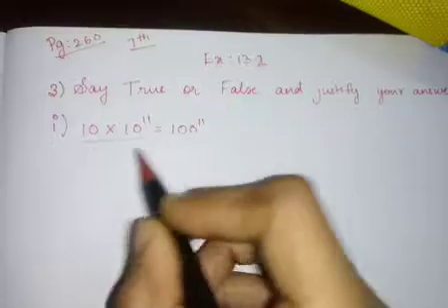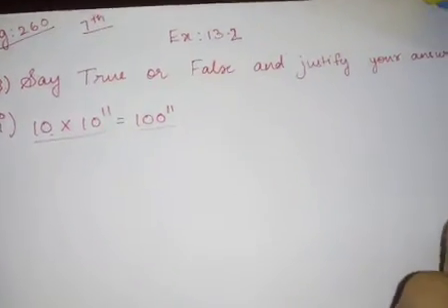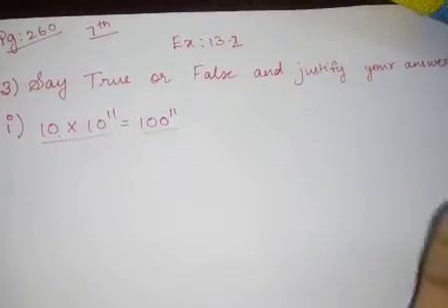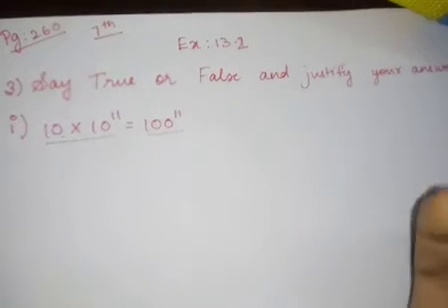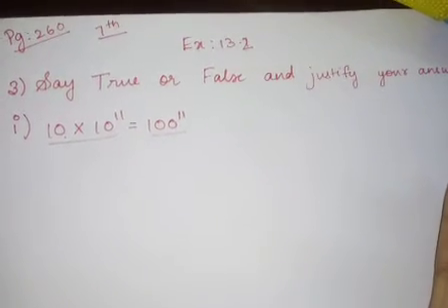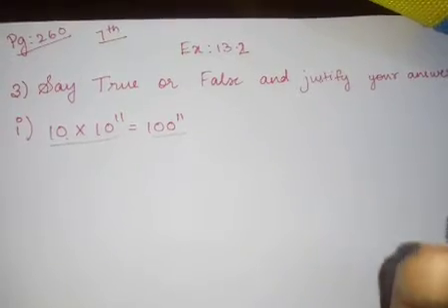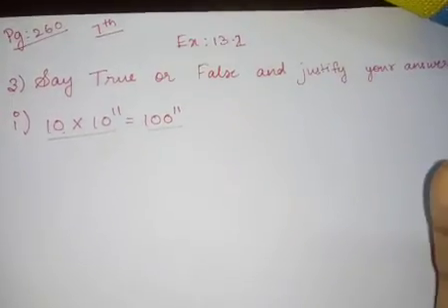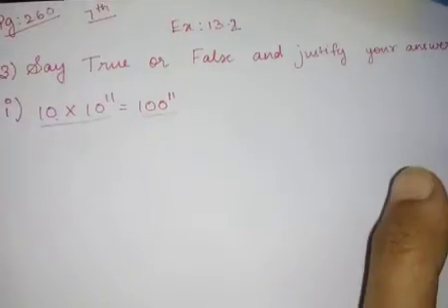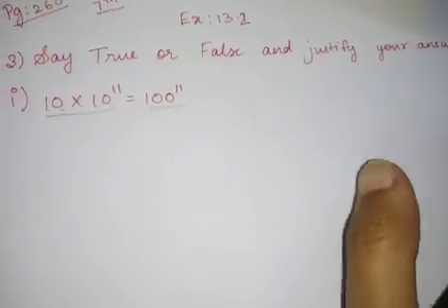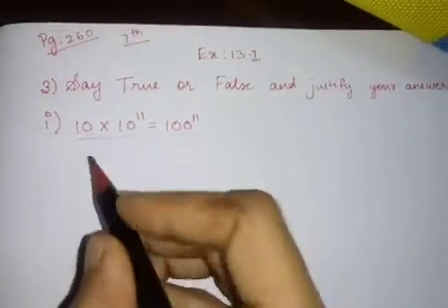RHS are equal, like that they have given. We have to say whether they are true or false. Okay, we have to justify the answer because we can't directly say whether it is true or false, right? So only by solving you can find that this value is equal to this one. Okay, you can write it in the textbook itself, children, this problem.